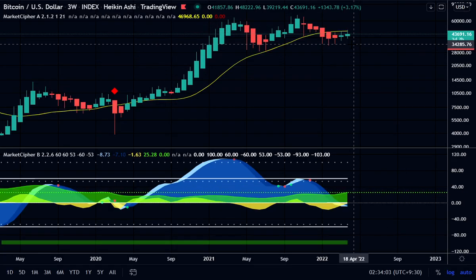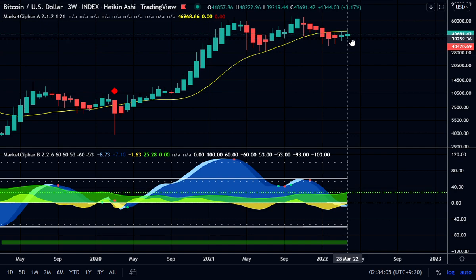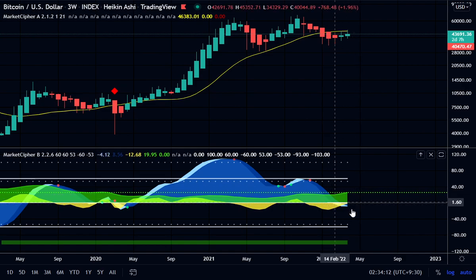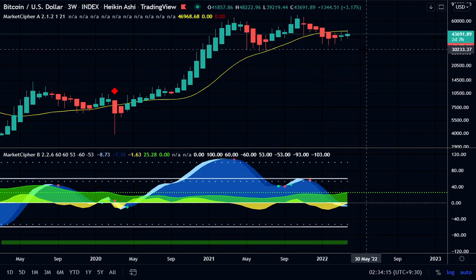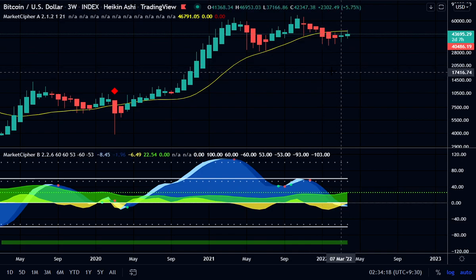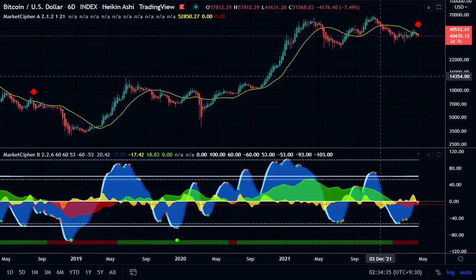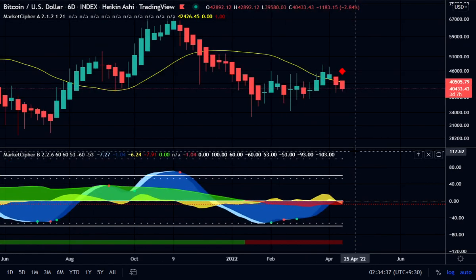And we will actually close this 3-week candle at the end of the week. So there is still time for a green dot to appear and get confirmed. But we'll have to see how that plays out on the 3-week time frame and also the weekly with that blood diamond. There is also a blood diamond here on the